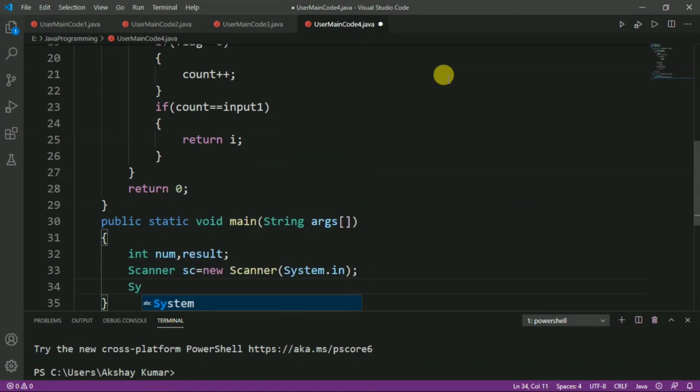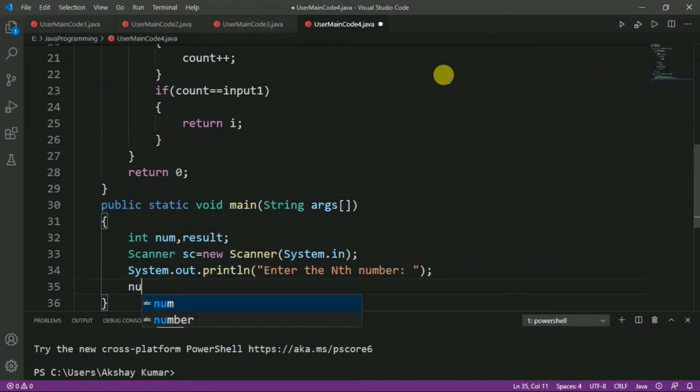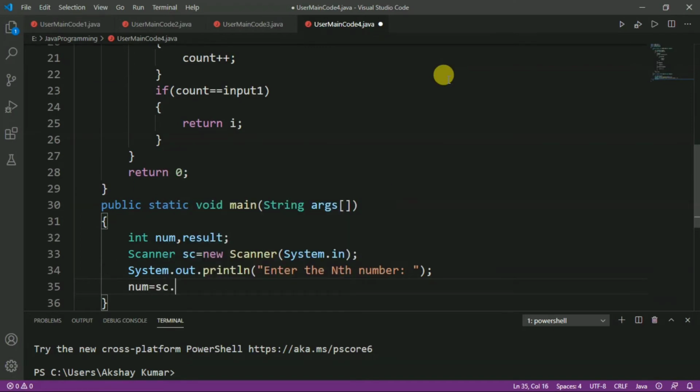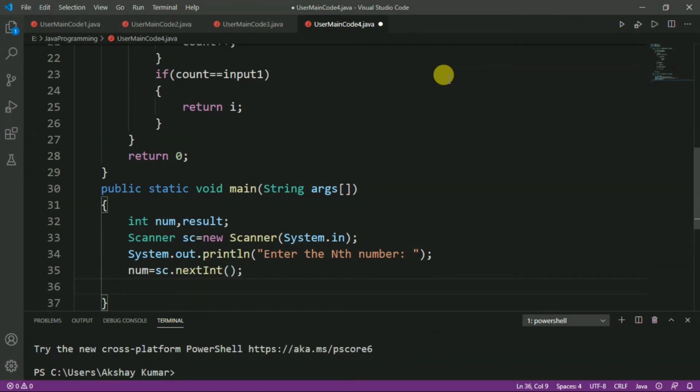So that we have to write System.out.println, and here we will write the message to take the input, so we have to write "Enter the nth number", and after that we will read the number from the keyboard, so we have to write num = sc.nextInt, and now we will call the function, so we have to write result equal to,